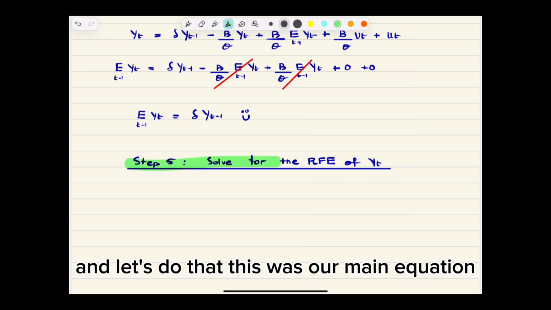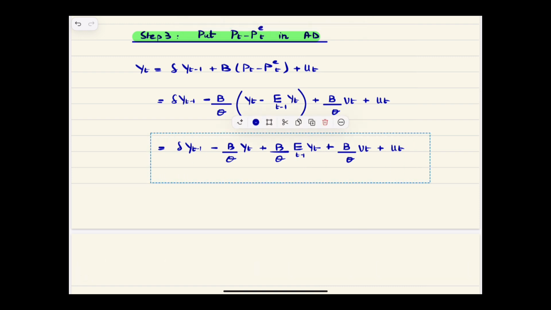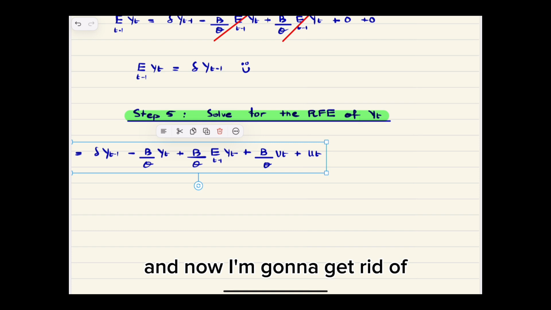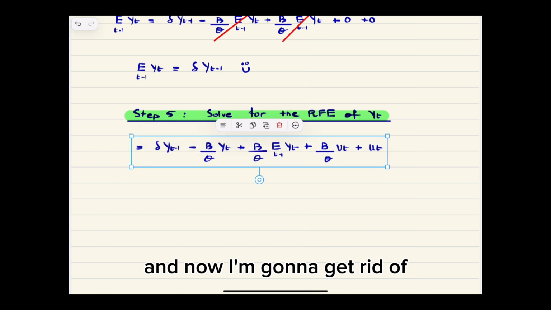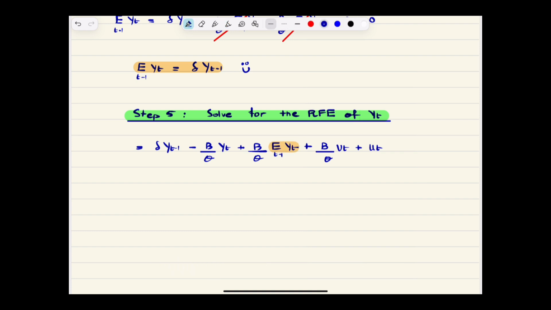And let's do that. This was our main equation. Let's copy and paste. And now I'm gonna get rid of this expression right here. So I'm gonna substitute it in. Okay. When I substitute it in,